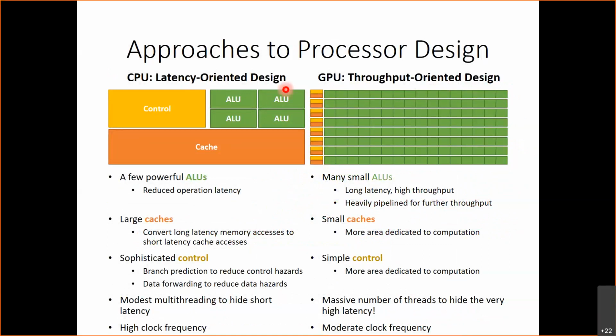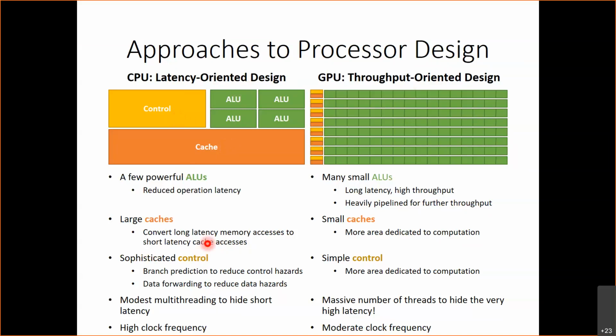And we saw how in latency-oriented design we focus on making one task as fast as possible, and that includes using powerful ALUs, large caches, so that the latency of the memory operations is as fast as possible, so that we have less likelihood of cache misses. Sophisticated control flow so that we can do things like branch prediction and data forwarding to minimize pipeline stalls, and we have a little bit of multi-threading to hide the little bit of latency that's left, that's not hidden